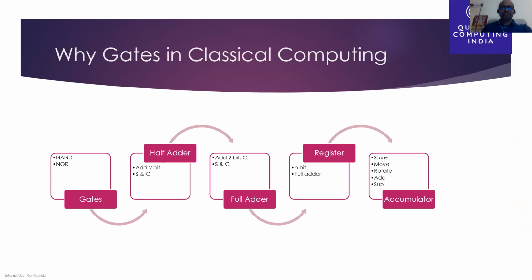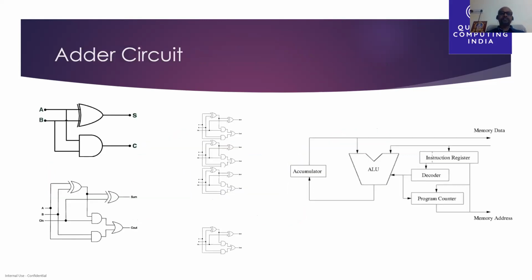I don't know how many of the computer science students remember that subject, but there was a famous book written by Morris Mano, a green color cover book, a very great book. In that book, he clearly explained how these gates work. Non-computer science people still wonder how a computer is able to add two numbers. When you give two numbers, how do they get added? I will explain in simple terms with a given diagram.